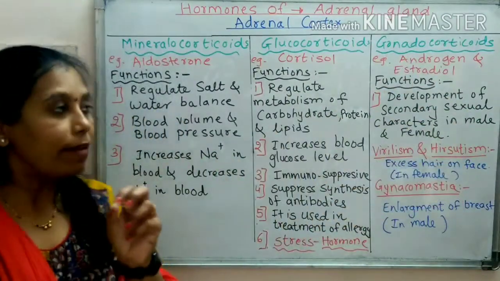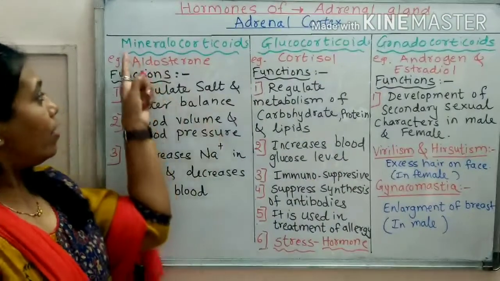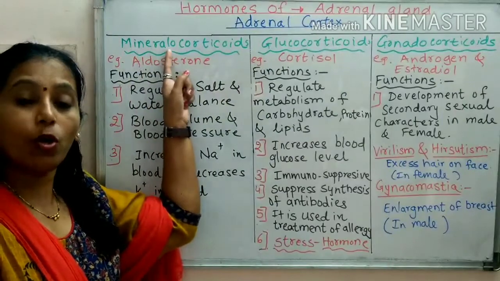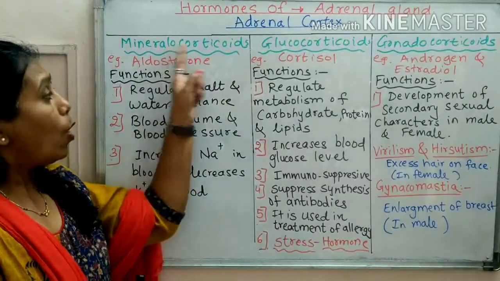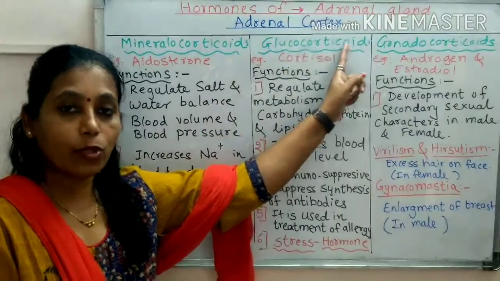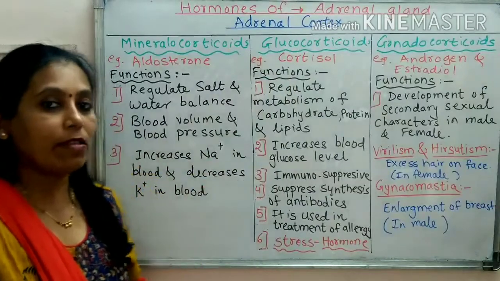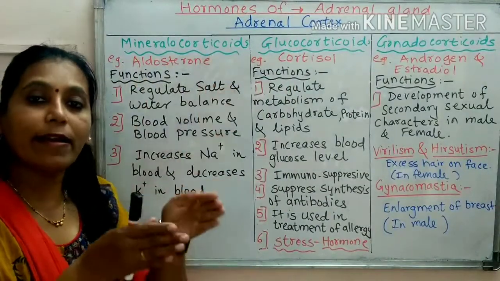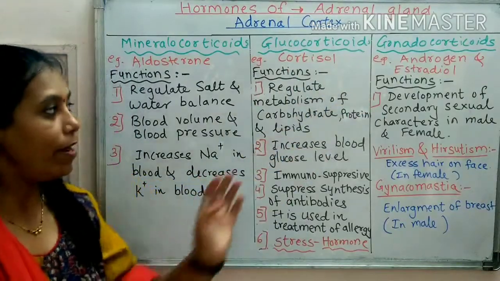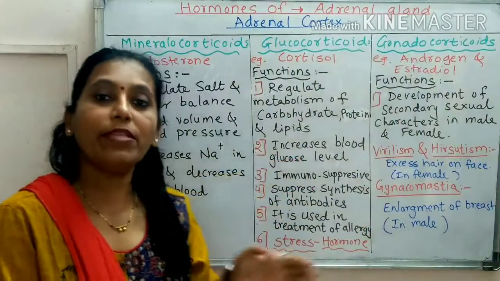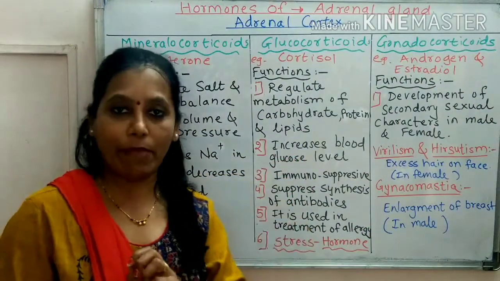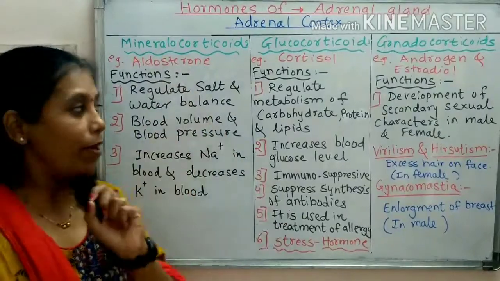Now if you see clearly, in the word mineralocorticoid, this hormone is definitely related with minerals. The word corticoid we specifically use for the cortex, so it becomes easier to remember. Mineralocorticoids are related with minerals, glucocorticoids are related with the glucose level, and gonadocorticoids are related with the gonads, and gonads means the male gonad and the female gonad. So let us see one by one.